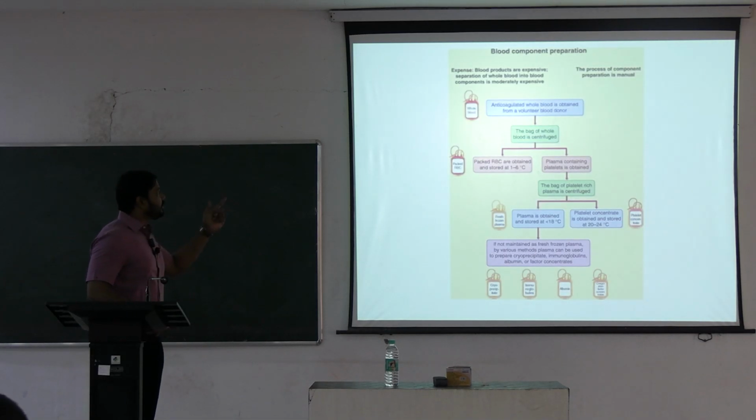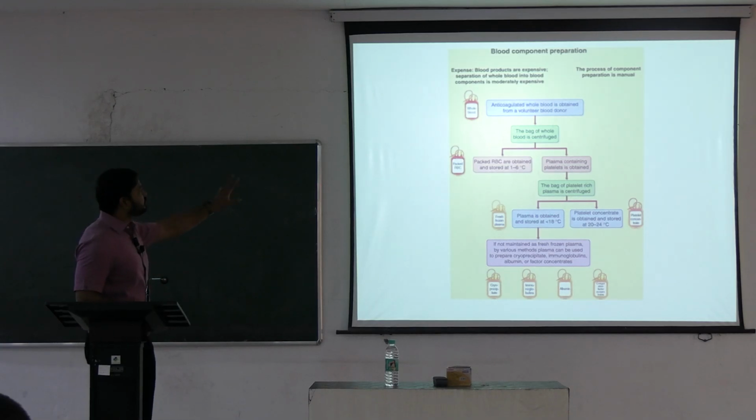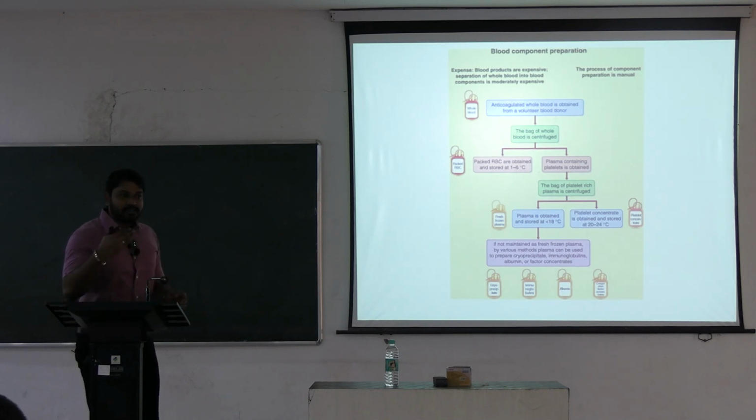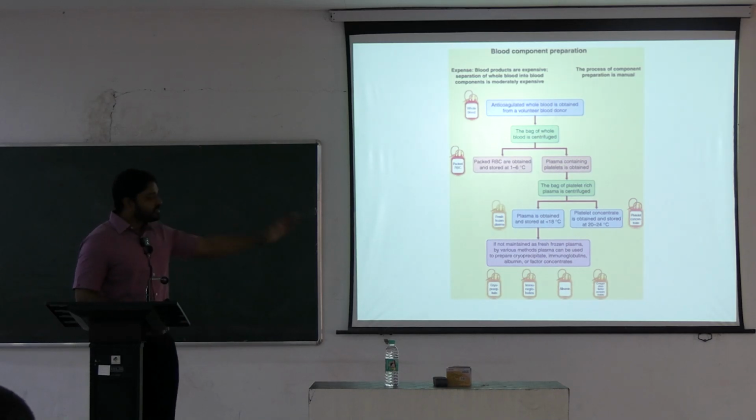This chart is showing, the first one shown is the whole blood. If you take a whole blood, just after, for example, a person has donated blood and you have added a preservative so that it will not clot, that will become a whole blood. From the whole blood, you do a fast centrifuge. After centrifuge, RBCs get separated, that we call PRBCs, packed red blood cells, and the rest is the